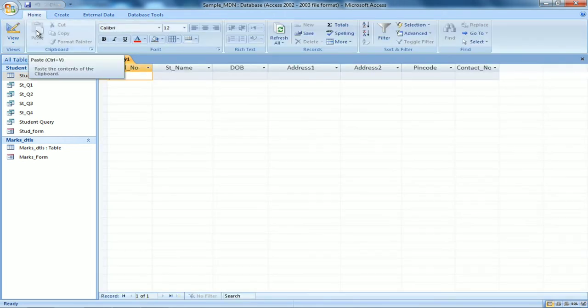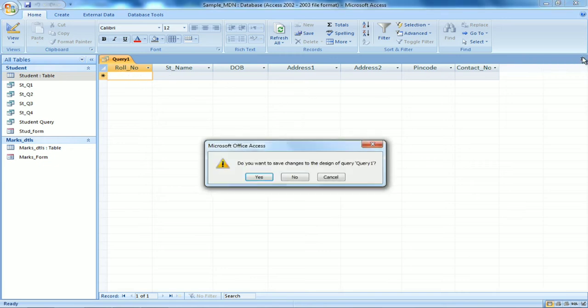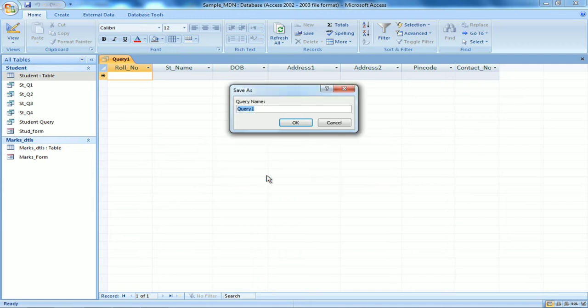Let me modify this. So I did not have any records, that is why a blank database is shown. Blank records it has retrieved. Let me just save it and then I'll modify it. Student query 5.